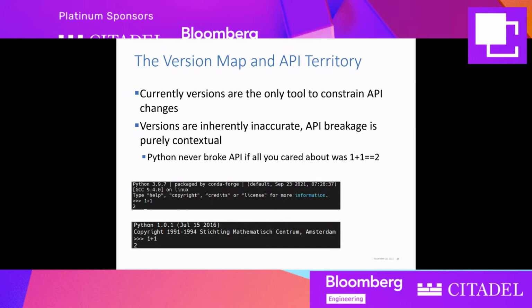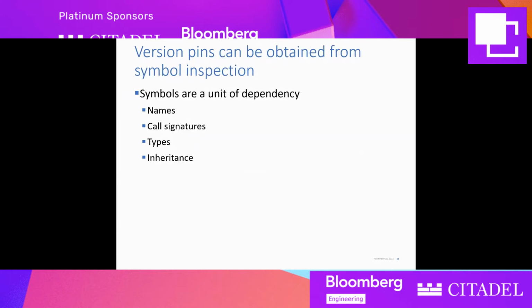Now, the second you want to check this assertion and see if it's a Boolean true, all bets are off. Python 1 didn't have bools, which is kind of wild to me. So my hope, my aspirational idea behind this project, was that version pins could be obtained from symbol inspection. And by symbol inspection, we're talking about names, call signatures, types, inheritance, module names. Pretty much, if you can assign a name to it,